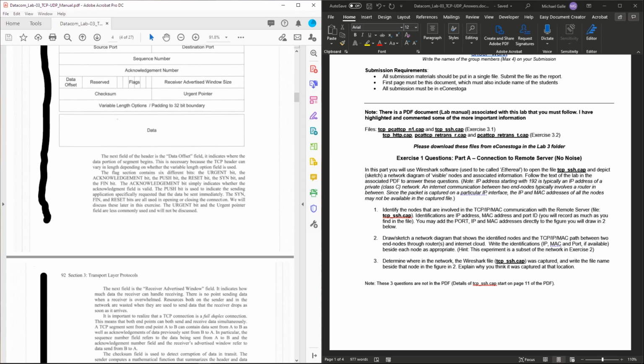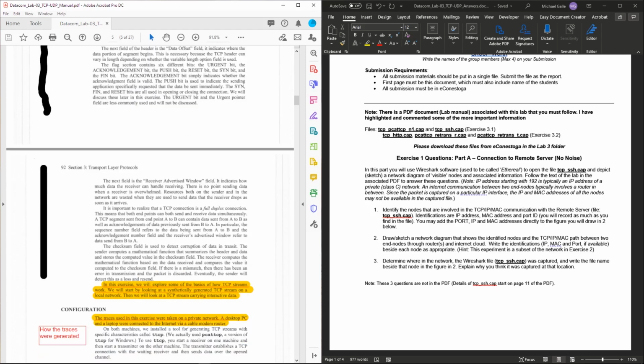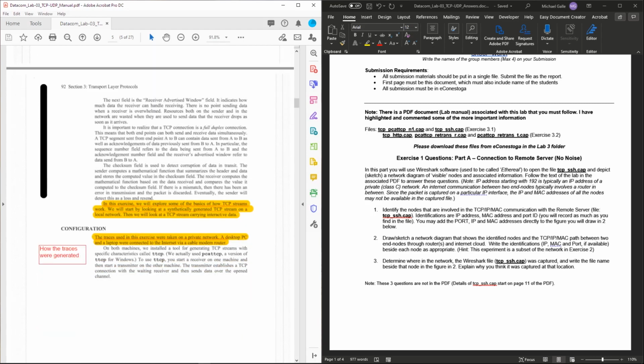So these are all the details of TCP. I suggest you read through just to remind yourself. Okay, check some field for corrupt packets, right? If there's any errors or lost packets, that's there. So anyway, this